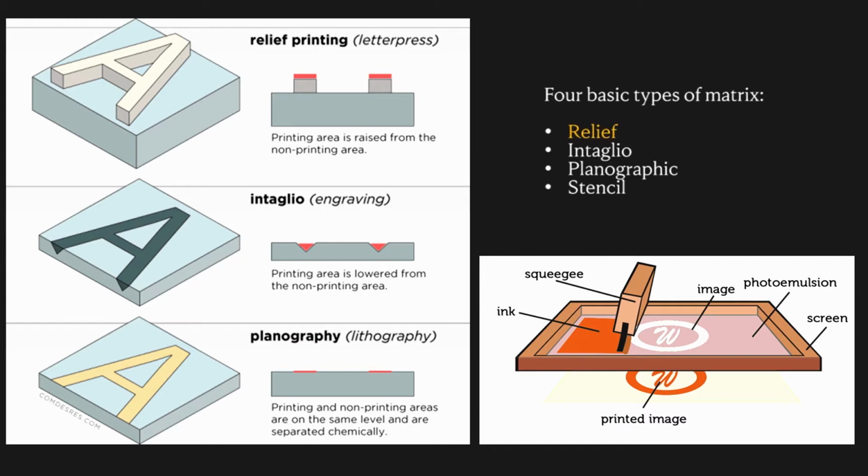So first, there's relief, in which the printing areas stand up and ink is pulled only from the high point. Typical relief processes are woodcut and letterpress. Then there's intaglio, engraving, etching, aquatint, etc., in which the printing area is carved into the plate and ink is pulled out of those low areas. The planographic system is one in which the printing and non-printing areas are not separated topographically, but rather chemically. Lithography is the major example here.